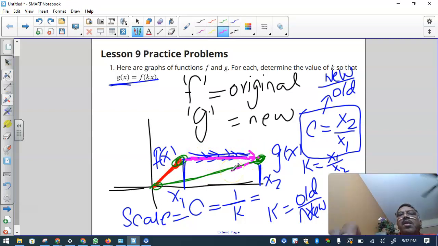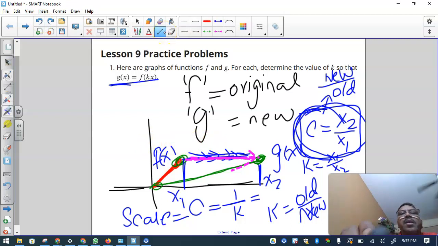So it will always be x2 over x1. Basically it means the new distance from the y-axis, and this was the old one. So it's the ratio of x2 over x1. To understand what the meaning of this is,